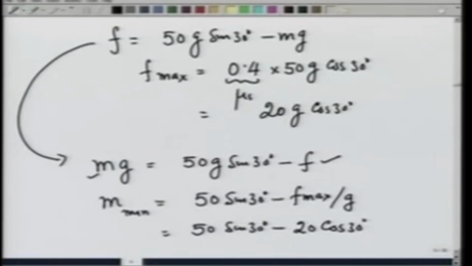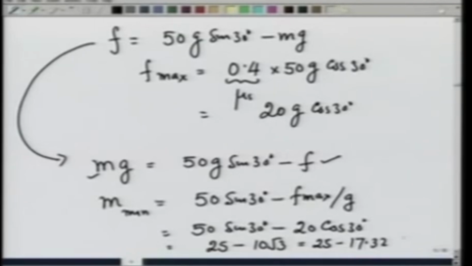So, g cancels out. By putting in the numbers, you get this equal to 25 minus 10 root 3, which is 25 minus